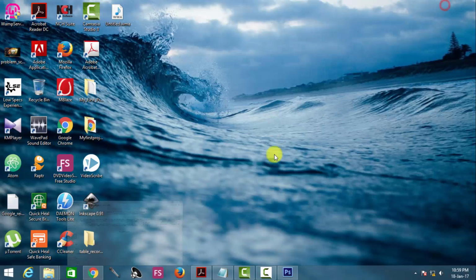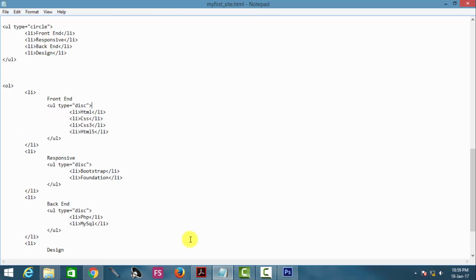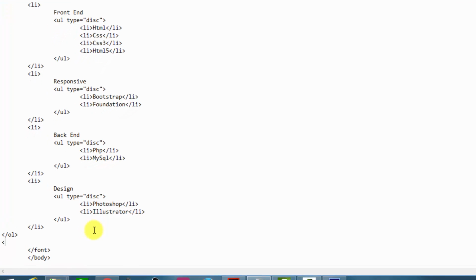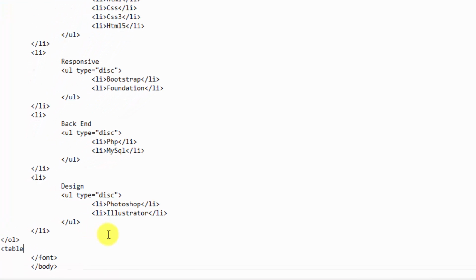Now in case of this table thing, the basic tags used in case of tables are these. This is the tag to introduce a table, and